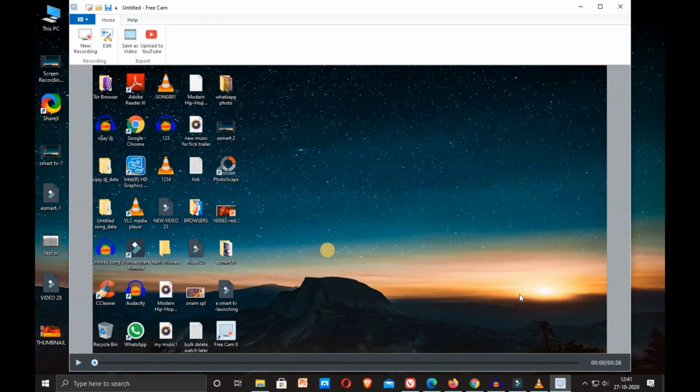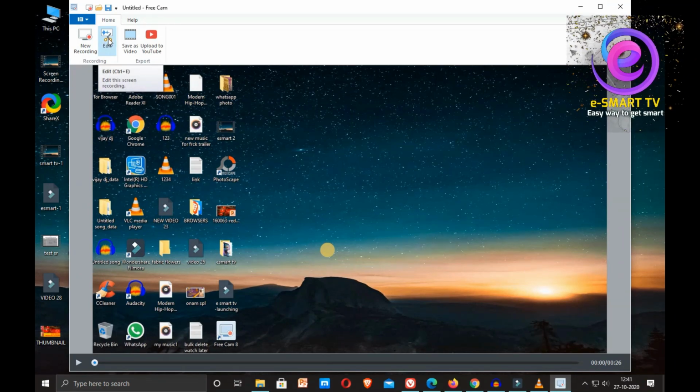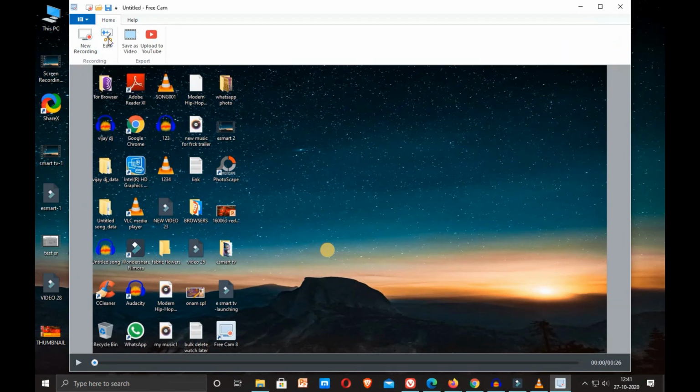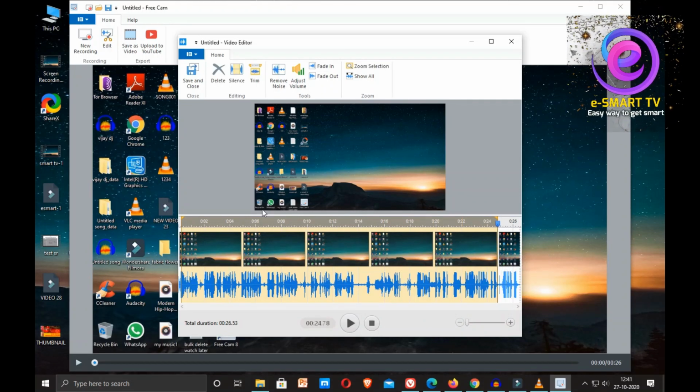The next part is editing. First you view the whole part. Now the recording is on, and you have to see the whole recording, and whichever part you don't want, you just remove. You have to select it. The selected part will be kept and the unselected part will be removed, so you select the required area, then you can go for trim.